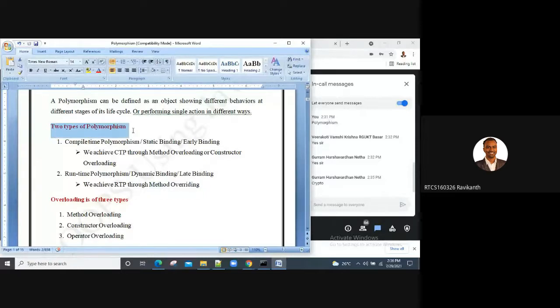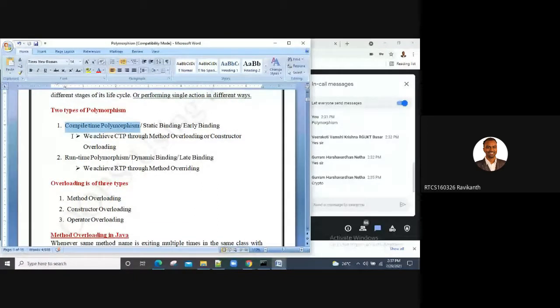So this is a very important concept, guys, in terms of programming. If you go to an interview also and the interviewer wants to ask some concept from object oriented programming, definitely this would be the highlight concept. So you must be very careful when you answer it. Every time you shouldn't expect the interviewer to ask only compile time or runtime polymorphism. Sometimes he might ask you to explain static binding, dynamic binding, or early binding and late binding. If you are good at the terminology, then it shouldn't become a problem to answer in the interview.